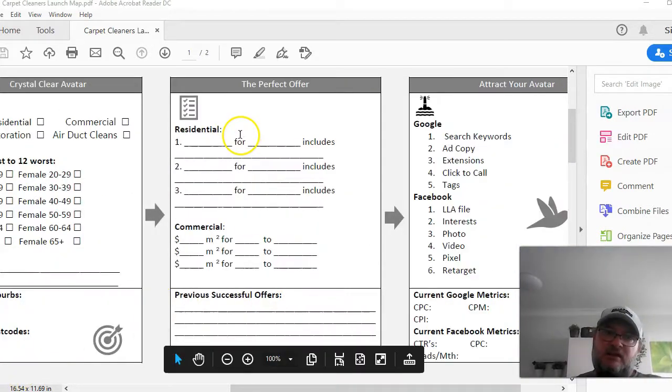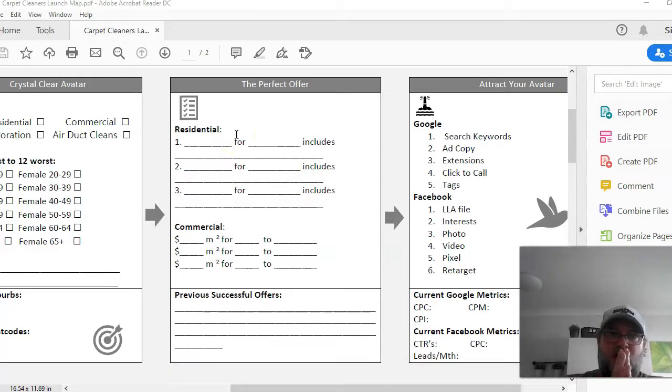Now, the perfect offer, this is where you make or break everything. You can get everything else on this page 100% perfect, and if this is wrong, you won't make a single cent. You won't make a single sale. You might not even get a single phone call. So this has to be right, and often you're going to have to test multiple offers before you find one